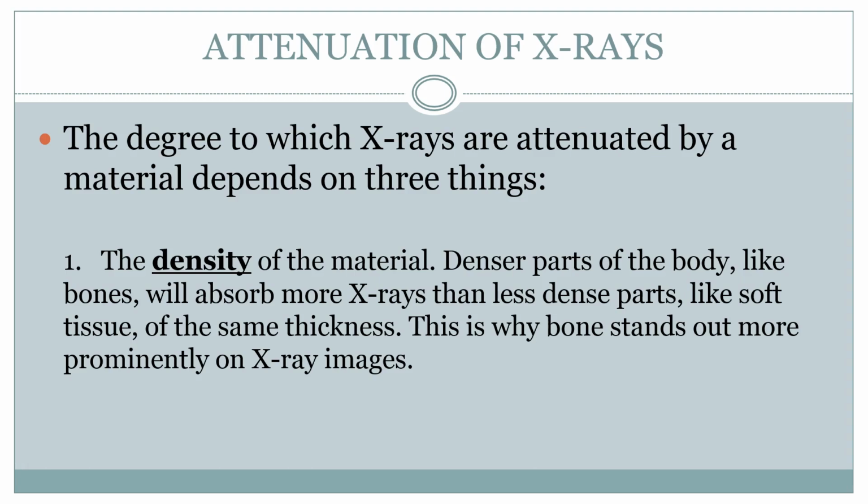So denser parts of the body, like bone, tend to absorb or attenuate more X-rays than less dense parts. When we say less dense, we're generally talking about soft tissue. Soft tissue is a term which describes muscles, skin, internal organs, that kind of stuff. So they're not as dense as bone is, so therefore they do not attenuate X-rays to anywhere near the same